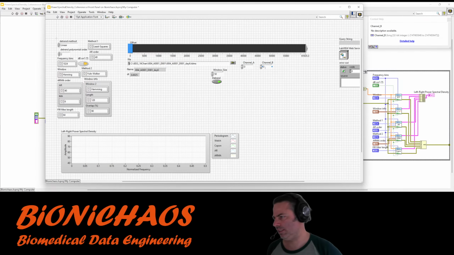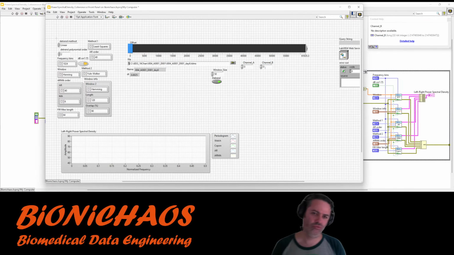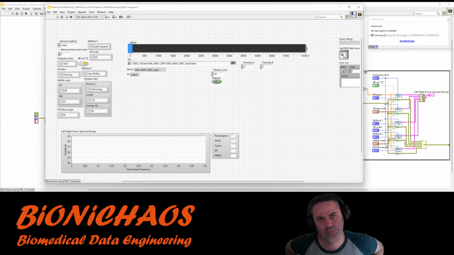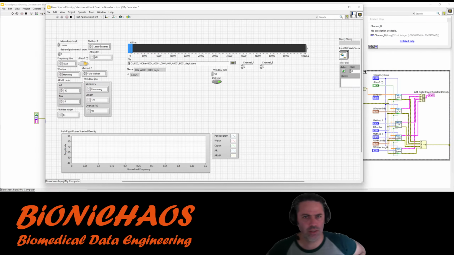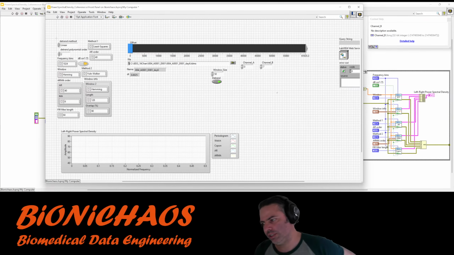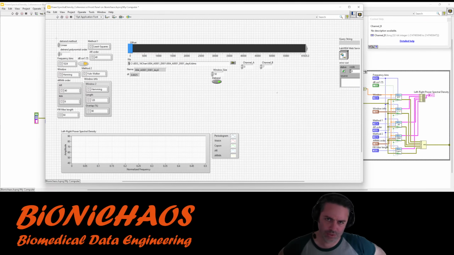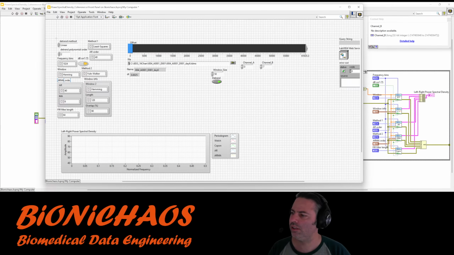What is... should be +8. Is 7, 8. It will be the first channel on one side, and then the first channel on the other side.